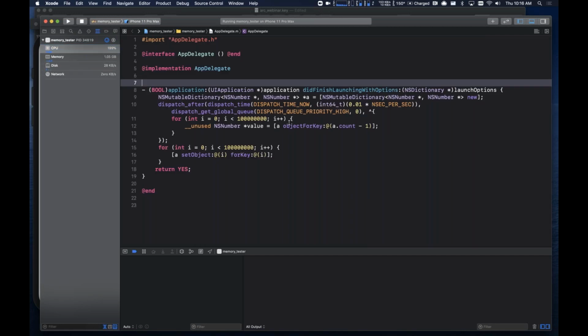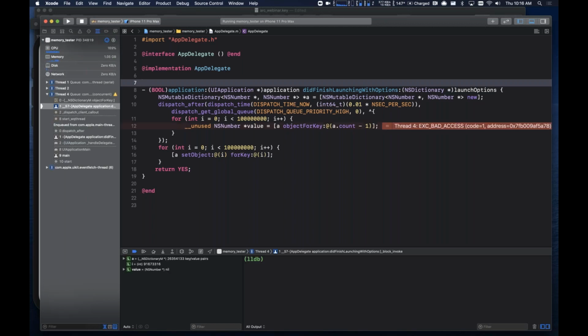What's happening is the dictionary is growing in size massively. You can see the memory growing here as I add more and more objects to it. But eventually, the program will crash. And that's something that I think we need to understand: this multi-threaded bug is not an immediate crash. It's a random crash that's going to happen if the 2 threads happen to read the same piece of memory at the same time. And so in this case, it took 91 million cycles of this loop in order to